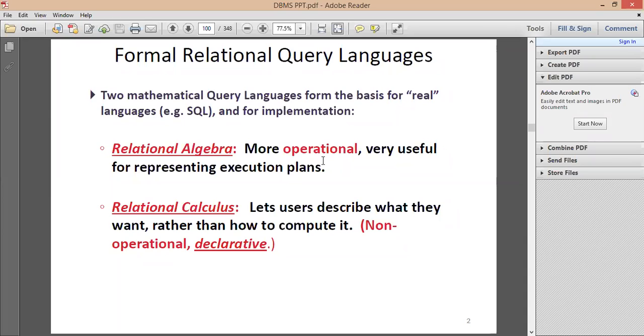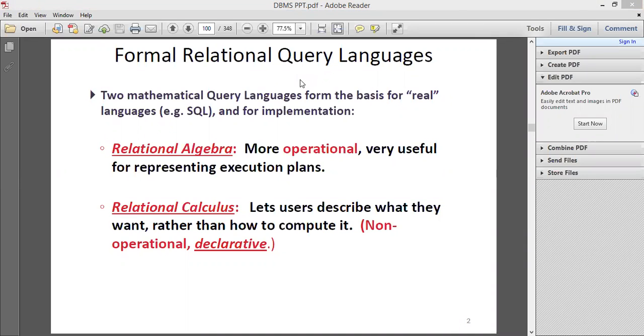We have said that relational query language basically has two mathematical query languages, and from these two the SQL was evolved. After SQL, you now have many others: PSQL, MySQL, MongoDB, and many more.